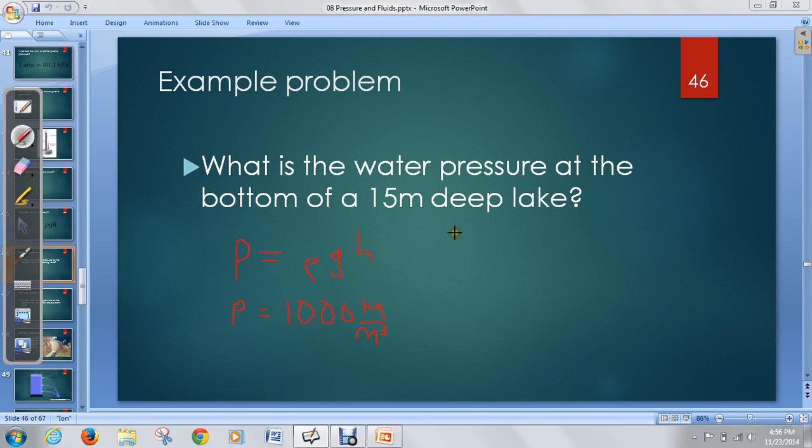Okay. And then we know that the gravitational acceleration is 9.8 meters per second squared. And then the depth or the height is what it gives us. So it's going to be equal to 15 meters. So you plug those all in. I'm going to pull out my calculator really quick. But if you plug those all in, you get